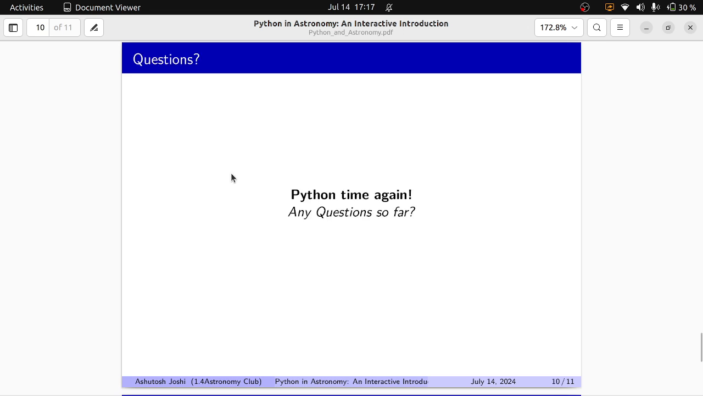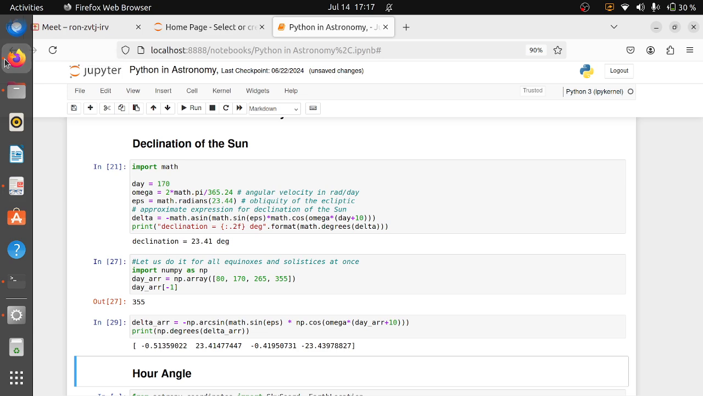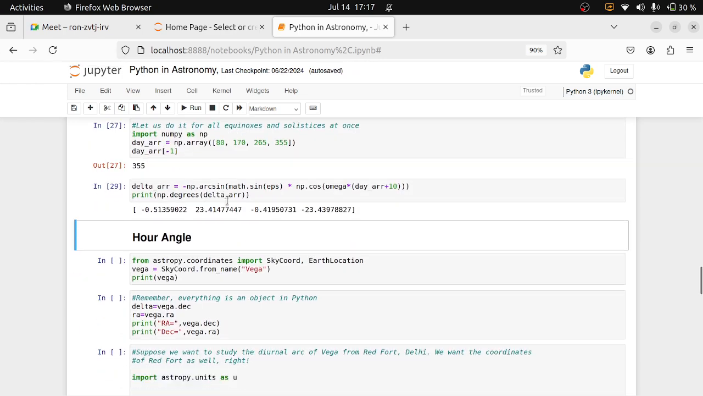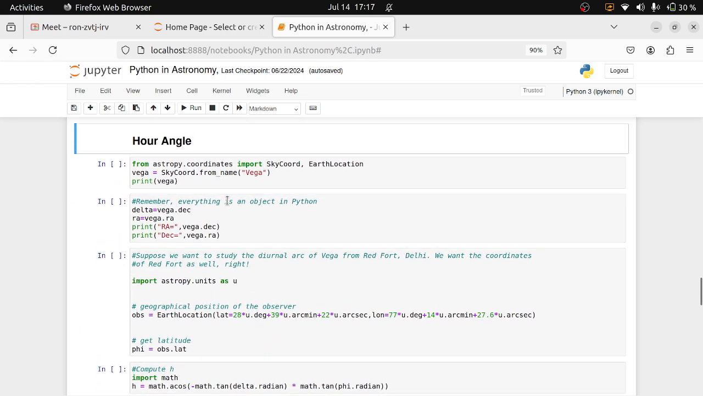Right, it's time to go to Python. This was the last slide of science which we'll do. Now we'll solve a problem using Python. Let me know if you have any doubts, anyone? Okay, so cool. So we solved the problem of declination and now let us go to